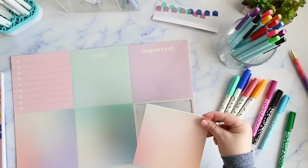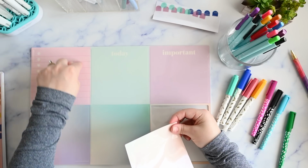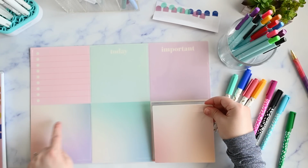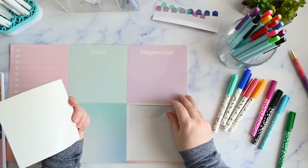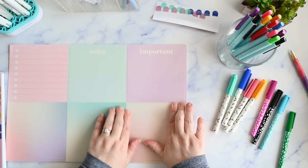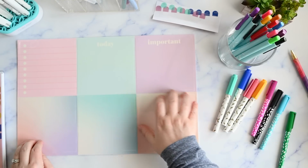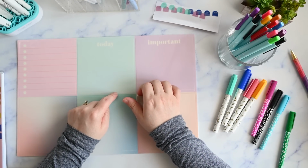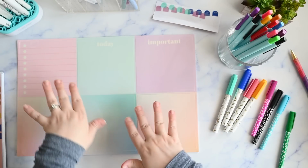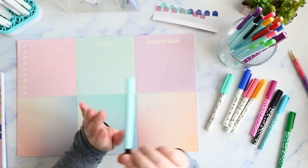Okay, so we have a checklist with 1, 2, 3, 4, 5, 6, 7, 8, 9 spots. This one says today, this one says important, and then you have 3 that are color blend, that are just plain. I think this would look really cool, or work really well maybe on a file cabinet at work. Definitely the fridge. I think it would also work really well if you have one of the Erin Condren wall calendars, either the metal one that has the removable surfaces, or even that clear one they have. But let's try it with,